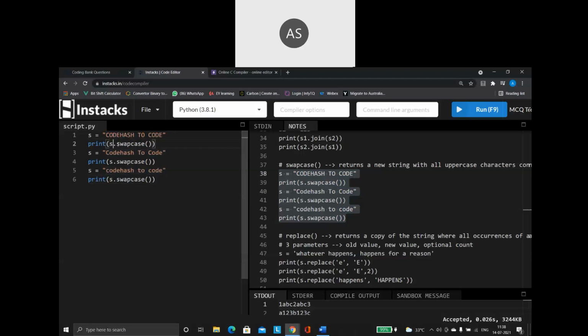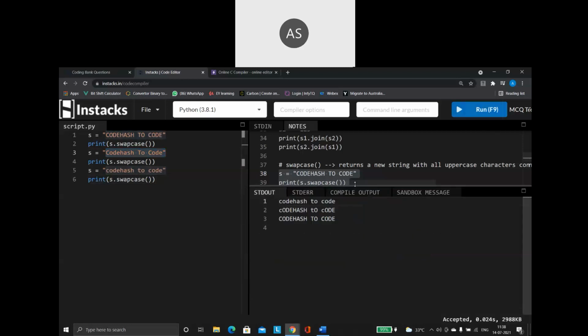So when I use s dot swap case, whatever case it is in, it will be converted to the opposite of that. Same way, whenever I have a string like this, it will go character by character. If this is in uppercase, convert it to lowercase.